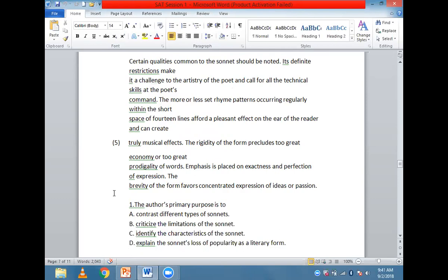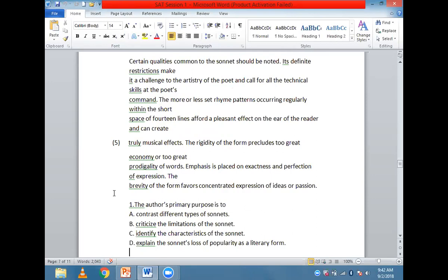So here I've taken a very small, almost an abstract, to make you understand reading analysis. You have to pay special attention to the first line itself, because it's again an entry point to the argument. So here we see the author says that certain qualities common to the sonnet should be noted. So in the first line itself, he's made clear that we're talking about qualities of a sonnet, a sonnet being a poetic form.